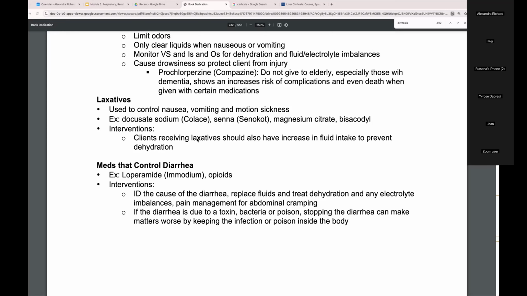Medications that control diarrhea, believe it or not, we don't really stop diarrhea. We really don't as nurses. So loperamide, which is Imodium, that would stop diarrhea. I've only given that once in 13, 14 years of being a nurse because most of the time healthcare providers